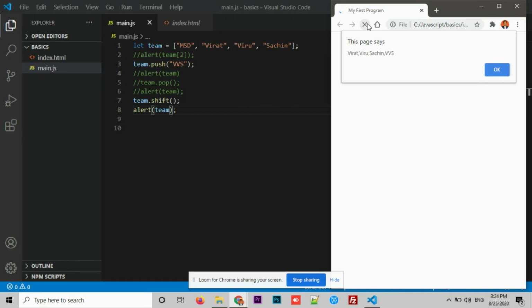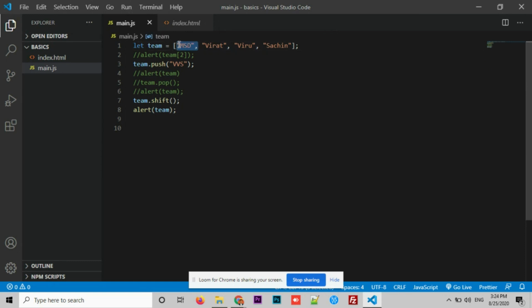What has happened? Just because I used a method called shift, you can see the first element inside the array got removed. And technically, what happens when you use a method called shift? First thing is it will remove the first element which is there inside the array. Once it has removed this, it will reassign the indexes.